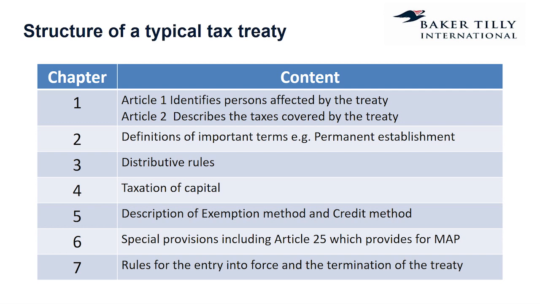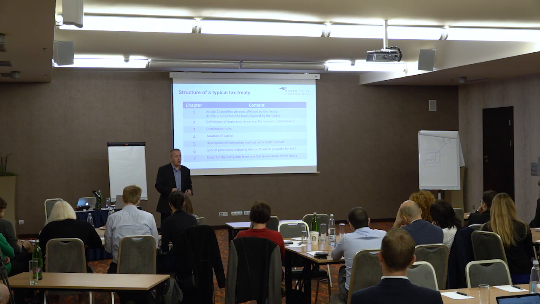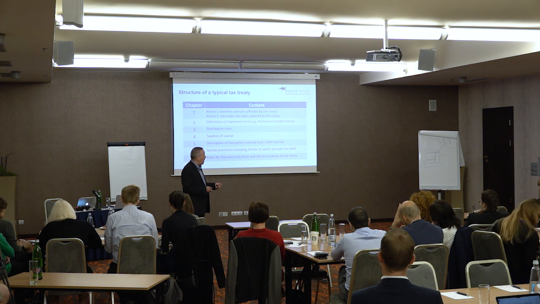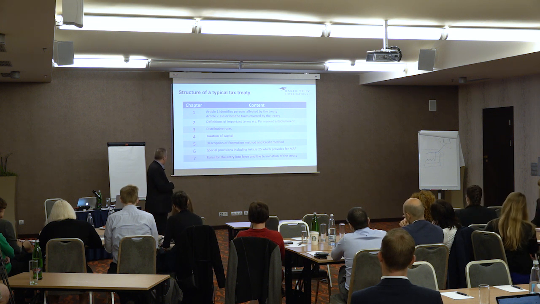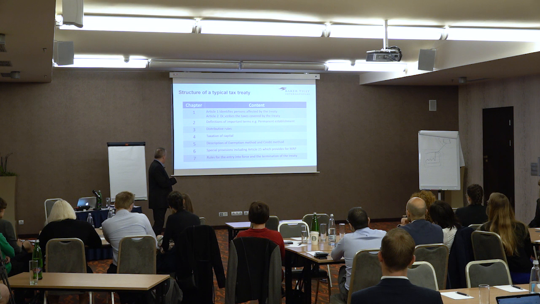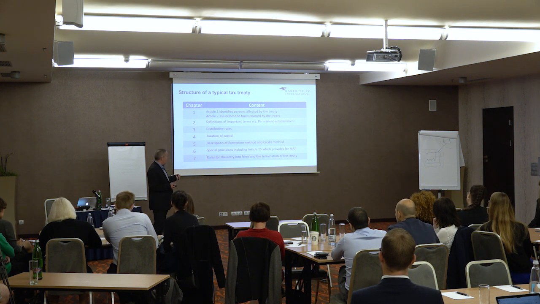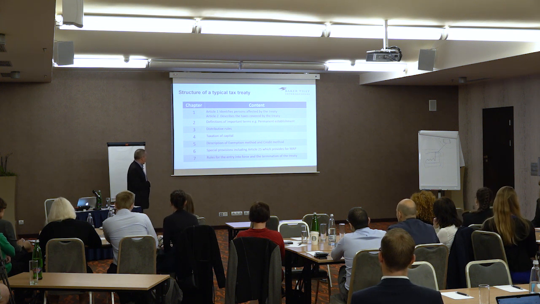This is to do with all the things that apply to income, so all the things that we'd be looking at about dividend payments, or payments of royalties, or payments of interest, or payments in respect of business profits, or payments in respect of employment or artistes and all that kind of thing. All those provisions are in that part 3. The other things look similar to the provisions that we have in the OECD model treaty anyway.